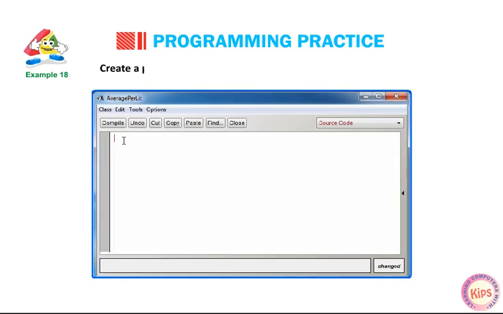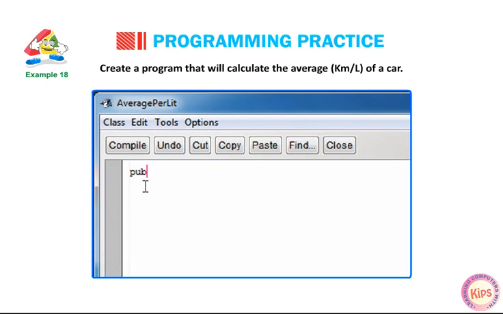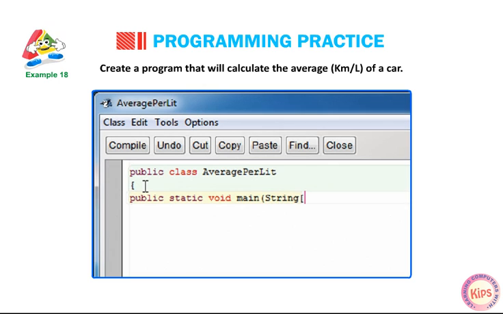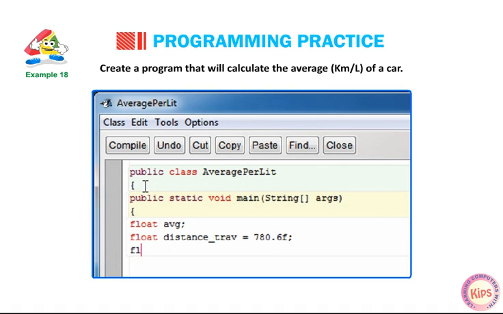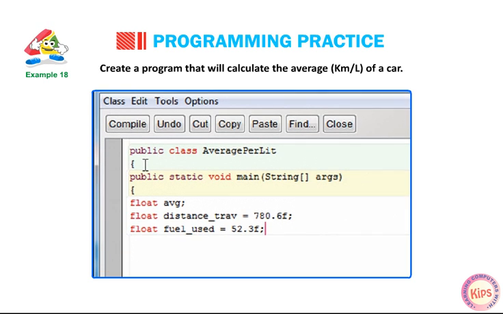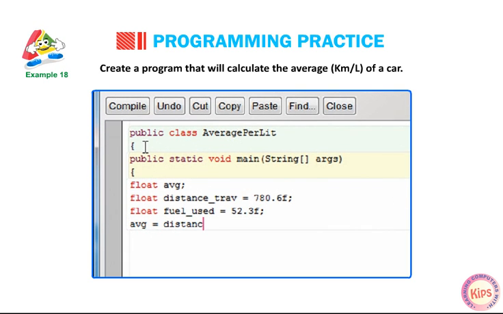Example 18. Create a program that will calculate the average km by L of a car. public class AveragePerLiter { public static void main(String[] args) { float average; float distance_travel = 780.6f; float fuel_used = 52.3f; average = distance_travel / fuel_used;